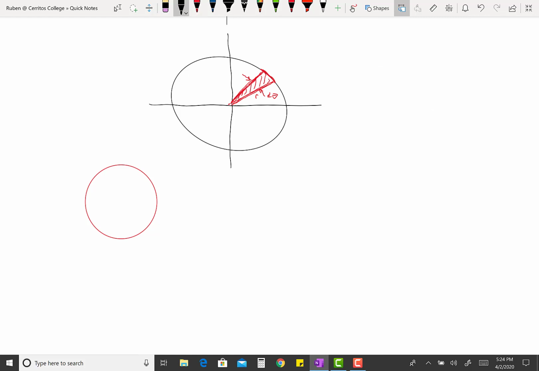So here's a sector of a circle. Here's what I mean by sector of a circle. Suppose we have a circle of radius r, and we have a portion of the circle which we call a sector of a circle corresponding to the angle theta. From geometry, we know that the area of that sector